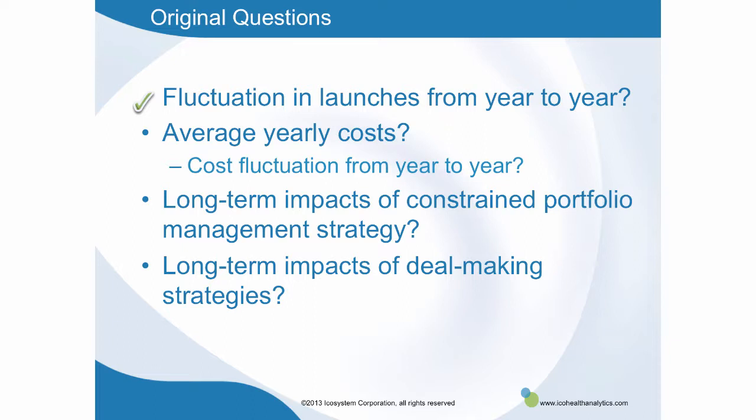We've seen reports of multi-year launch profiles, both for individual simulations and for averages, and thus we learned that typical is different from average. For costs, we've seen not only how they vary over time, but also by therapeutic area. We've seen how a constrained budget impacts long-term launches and revenues, and used the SPM Optimizer companion tool to find